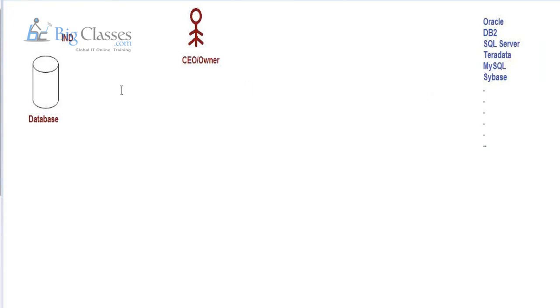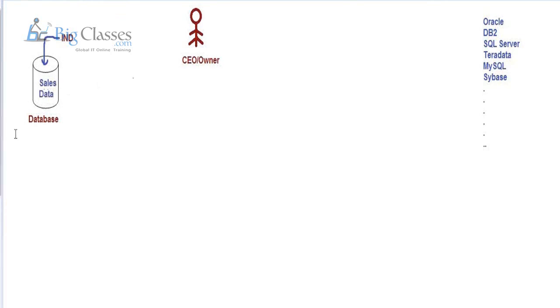Now I have one database which I am going to use to store the sales information belonging to the store which I started in India. So I started one store in Hyderabad, and the sales is going on. The business is very good. Technically, the database in which I am going to store the daily business operations data, that means in this example the sales data,